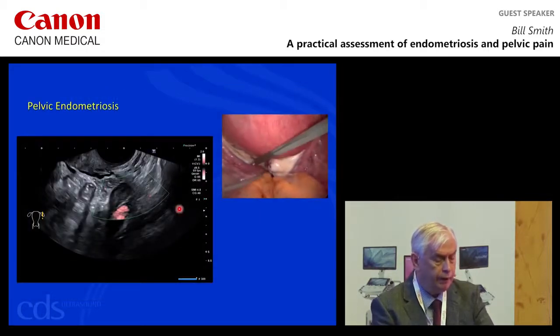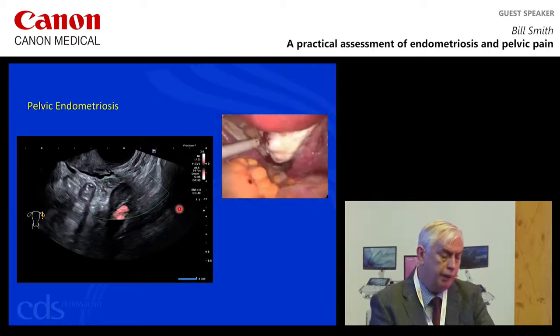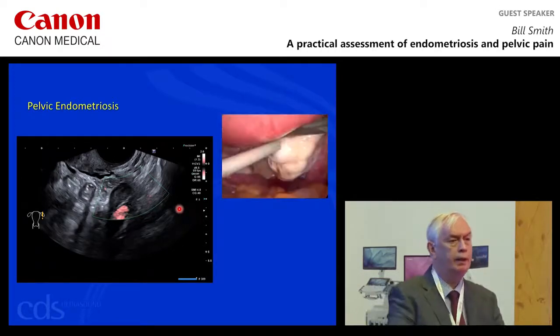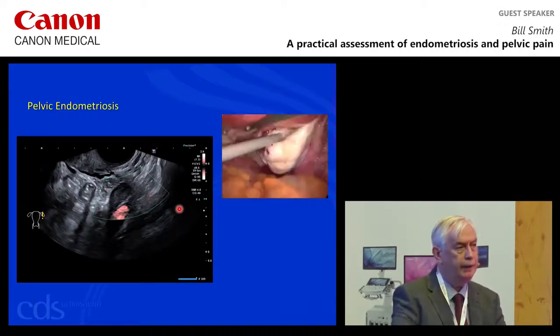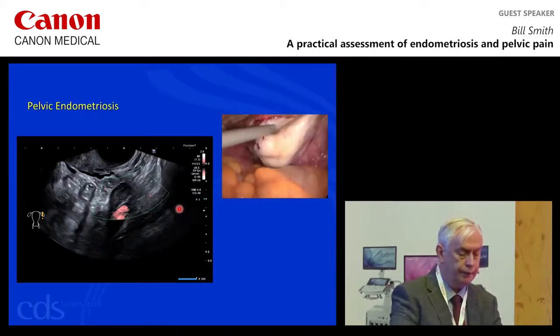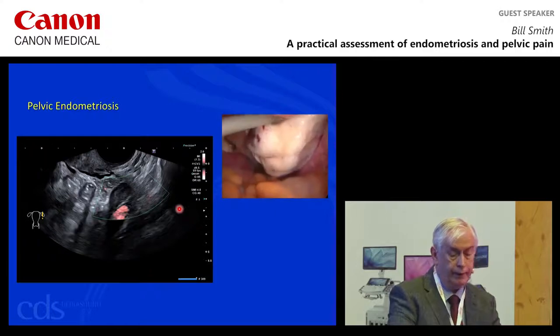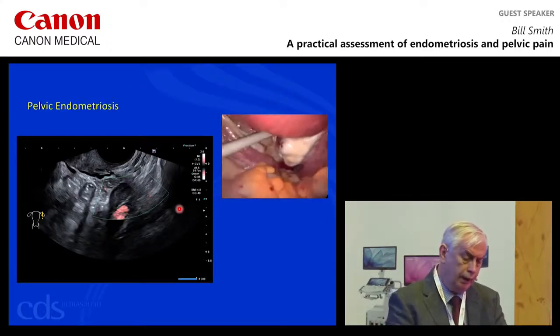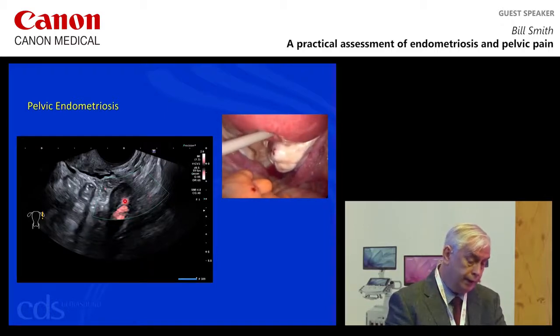Sorry, there should have been a cine loop in here, but you've heard lots about sliding examination. It's pretty limited, actually, in the practical world. Okay, we can see that ovary stuck there. We can see, if we had the cine loop there,